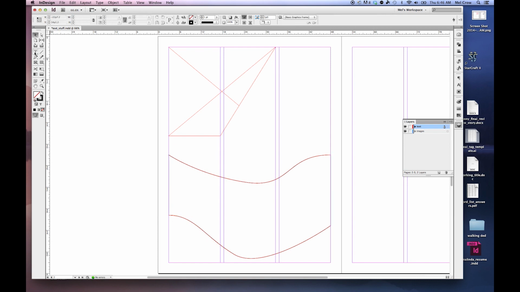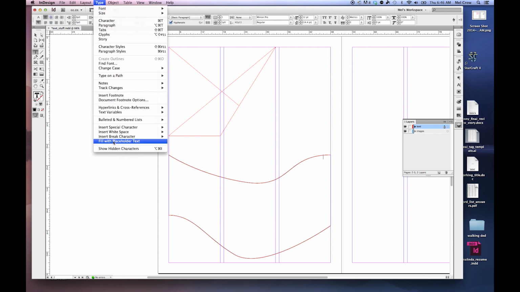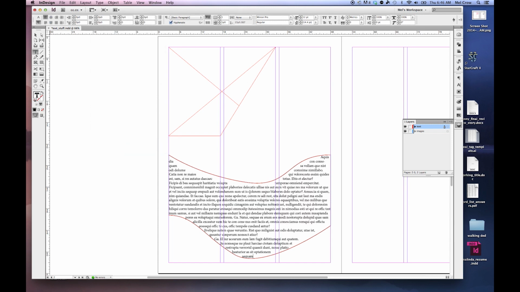Now if I select my text tool and click on any box, it's going to convert it from a regular rectangular box to a text box. And then I have my individual formatting panels up here. I can fill my different text boxes with type if I'd like. I'm just going to throw some placeholder text in here, as you can see, and it fits within this